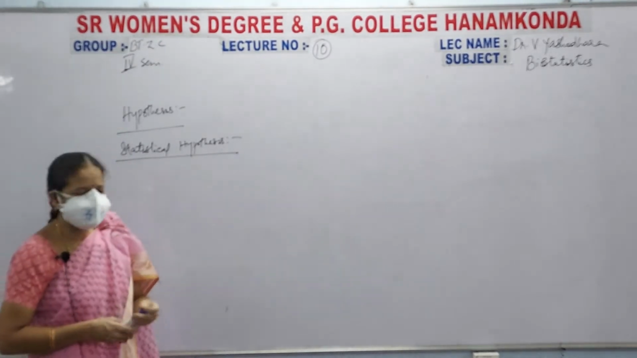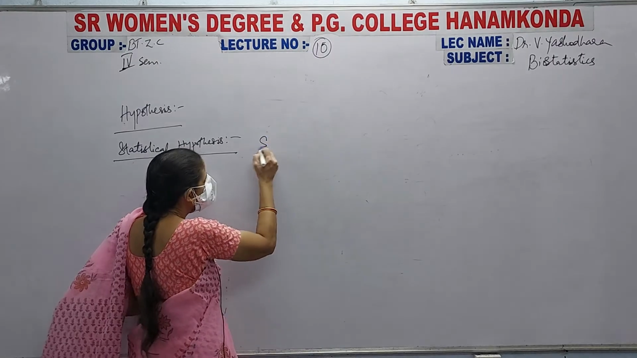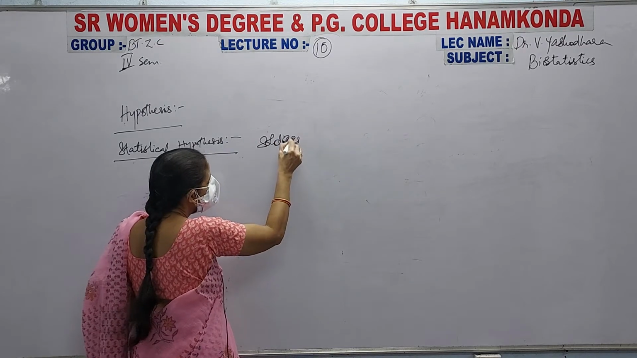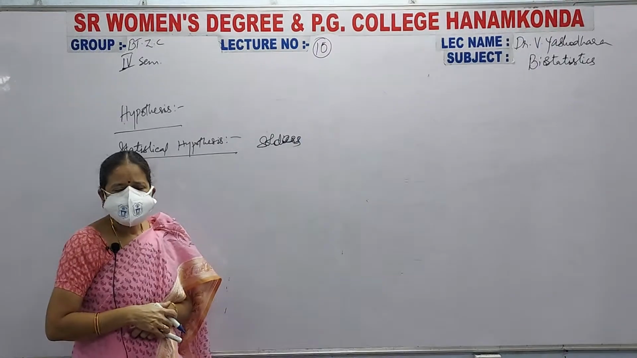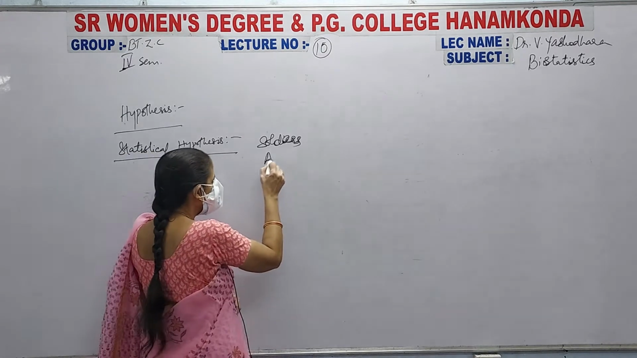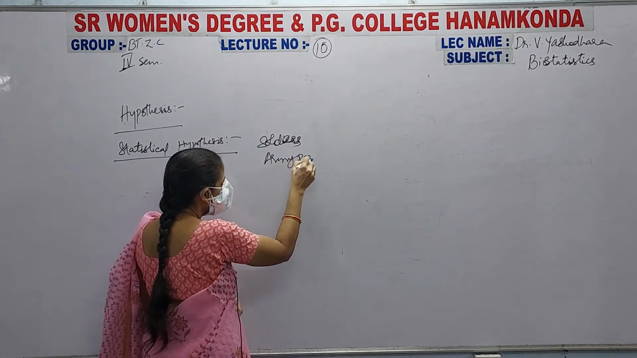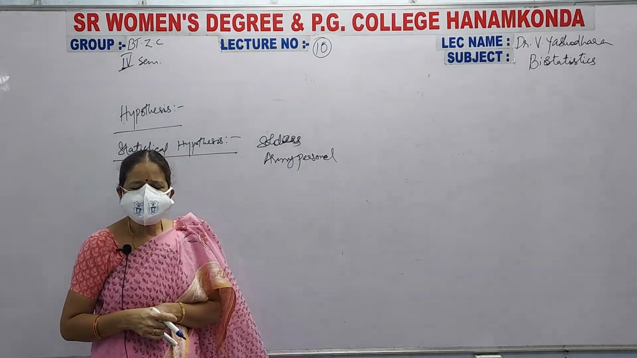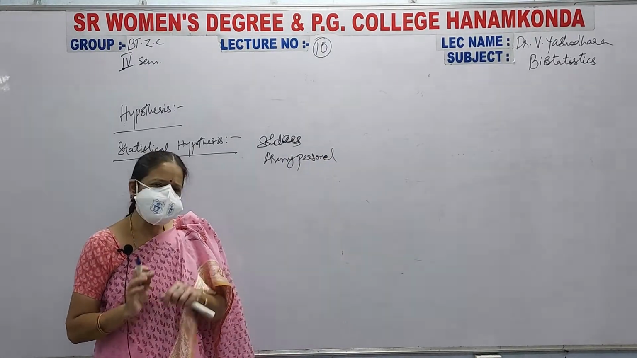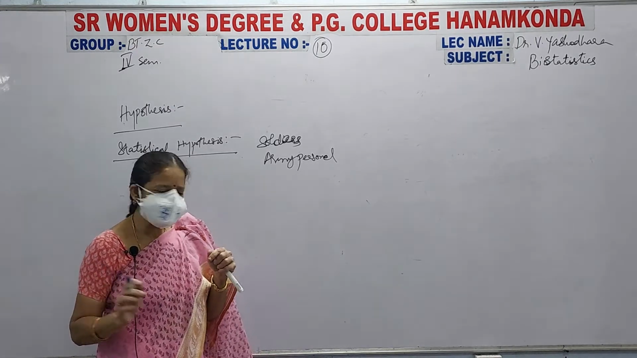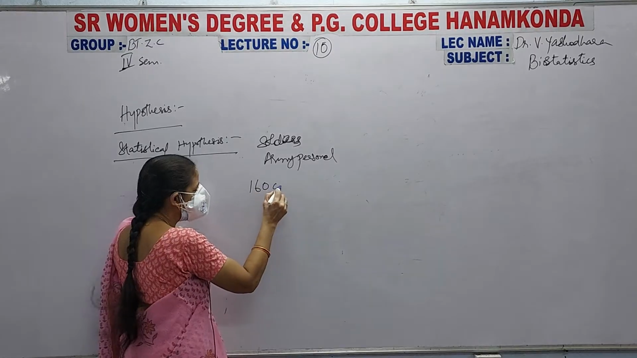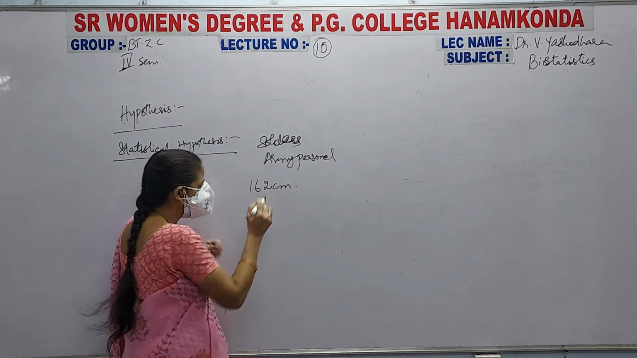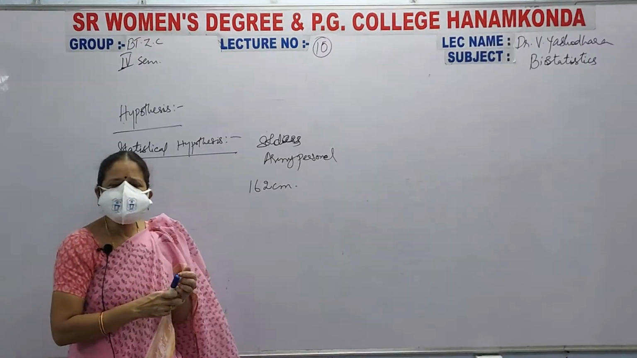Example vinte meeku inka ardhamaitundi. See here, soldiers. Soldiers are there, that is army personnel. In this army personnel, I say, నాకేమీ తెలియదు వాళ్ళ గురించి, ఆర్మీ గురించి, కానీ నేనేమంటున్నాను, they should have 160 centimeters height, or they should have 162 centimeters of height,